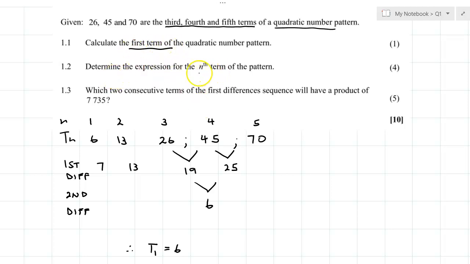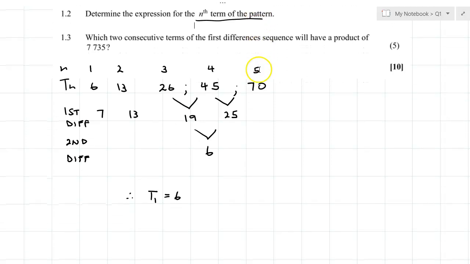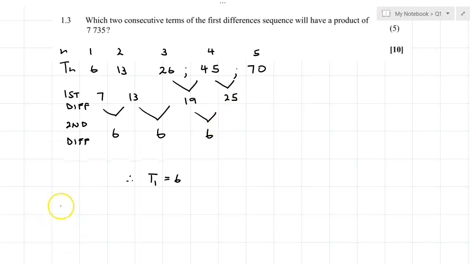Determine the expression for the nth term of the pattern. If we look at this now, our second difference is constant. So 13 minus 7 is 6, and 19 minus 13 is 6. The second difference is constant. 25 minus 19 is 6. So for 1.2,